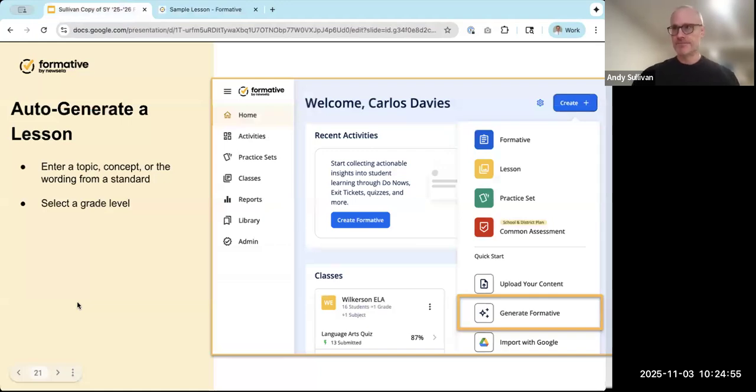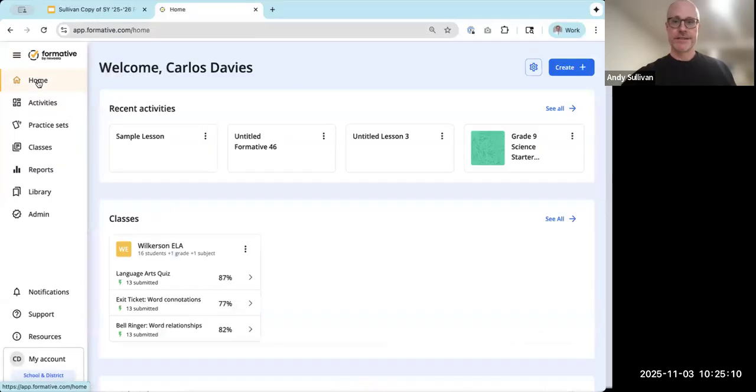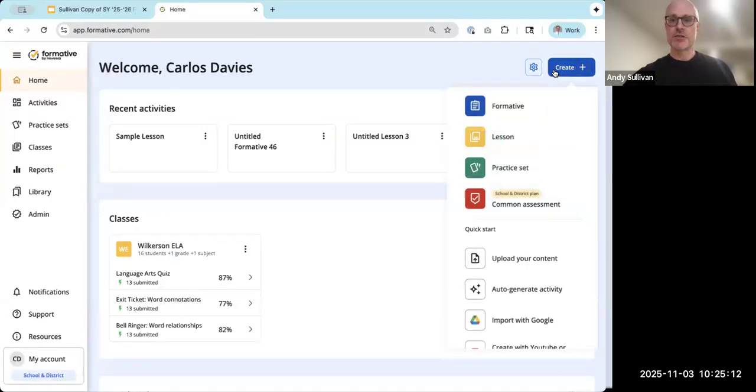But I did want to point out that in addition to those methods that we've already discussed, starting from scratch, starting from the library, you can also generate formatives from the home page. I'm going to come to my home page to show you that underneath the create button,